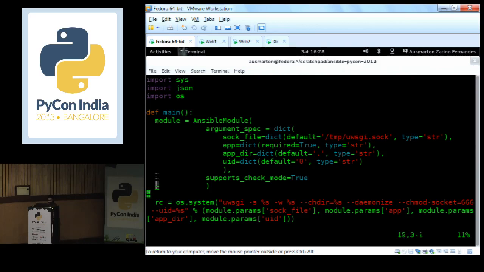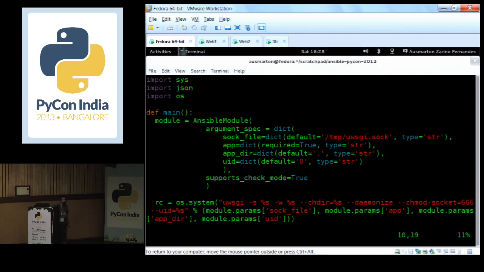Now as a part of this module, all I want to do is run the uwsgi command with certain parameters, which we can have a look at in the lower part of this code. I just have a main function in which I have defined this particular module, and in that I can specify the parameters I want to be present.